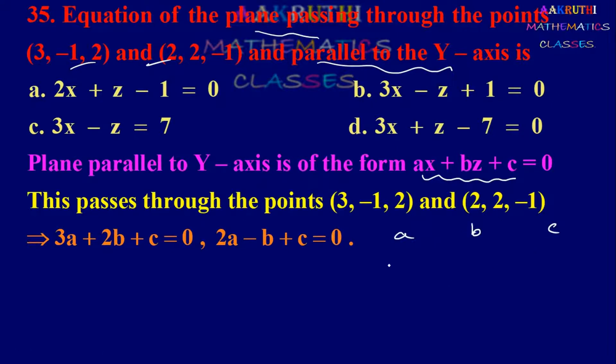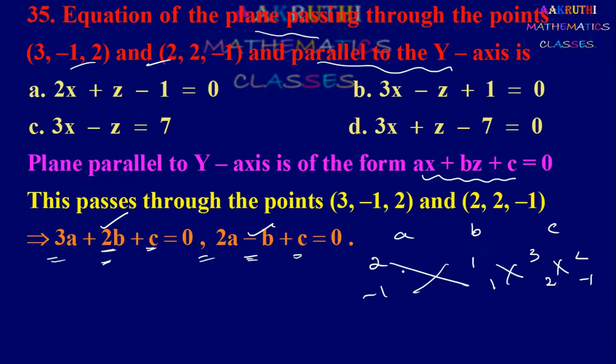We write a, b, c, and here we start with the middle coefficient. It is 2, 1, 3, 2. Then here the middle coefficient is minus 1, and it is 1, 2, again minus 1. So we start with the middle coefficient 2, then it is 1 and it is 3, again it is 2. And here the middle coefficient is minus 1, then it is 1 and then it is 2 and again it is minus 1. And here we cross multiply this and we get a divided by 2 minus 1. It is 2 plus 1.